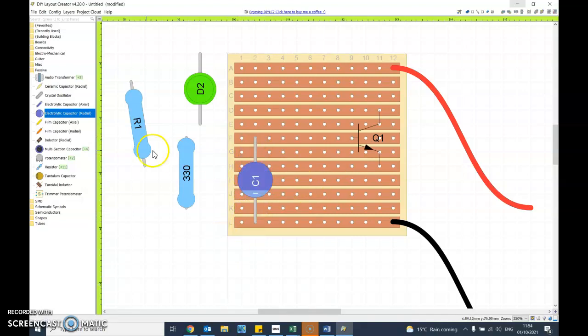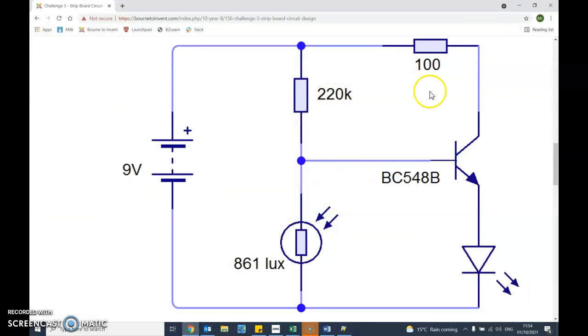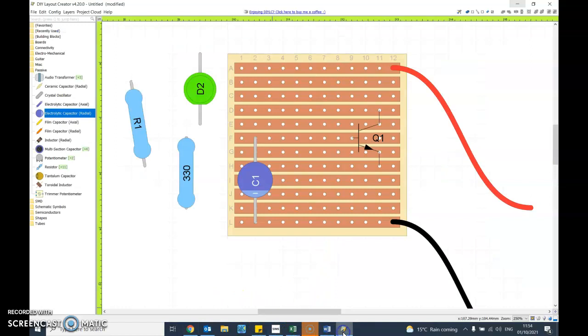Then I've got to rearrange these. I can change the values, because obviously it asks me for a 100 and a 220K. Now the key with this is to think about this component. On that middle strip coming off the back of here, I've got to have a resistor joined to the end of it and the other component going down there to ground. So let's have a quick look. Can you see that middle one is connected there down to ground,